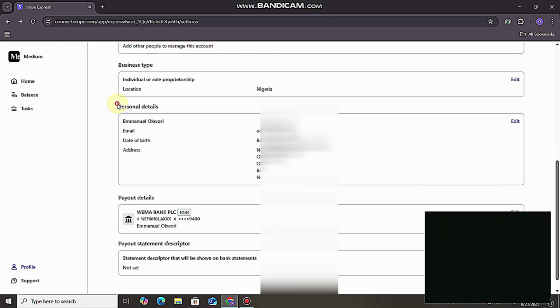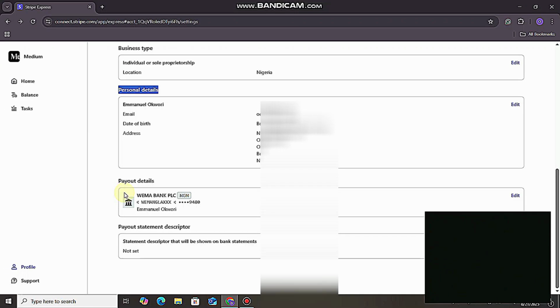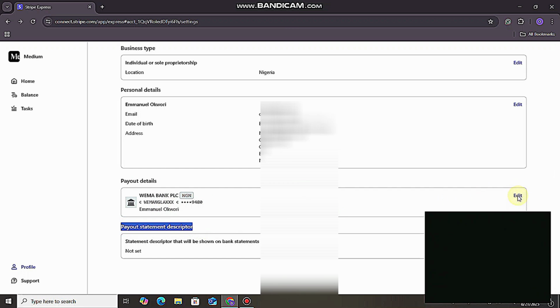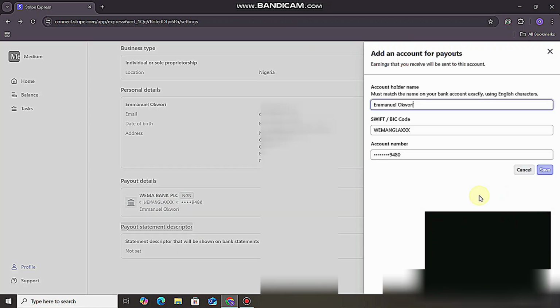Then here has your personal details. You can see this, you have your email, your date of birth, and your address. Here has your payout details. This is the crucial part that we are going to look into. And then here have your payout statement descriptor. So for this payout, you are going to click edit,